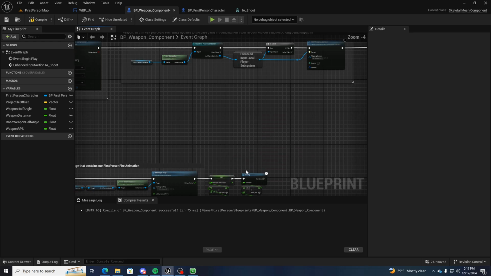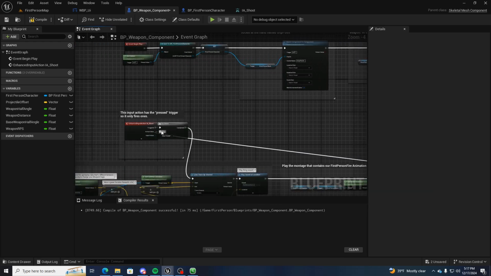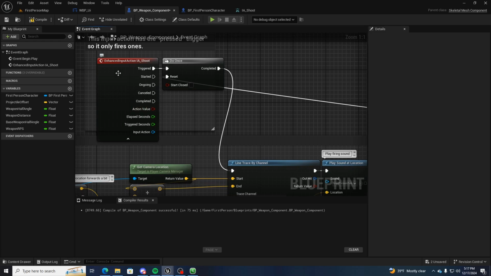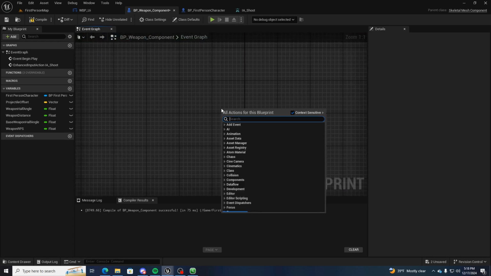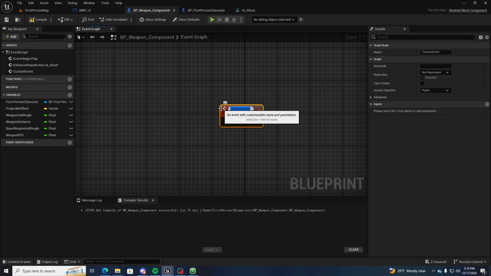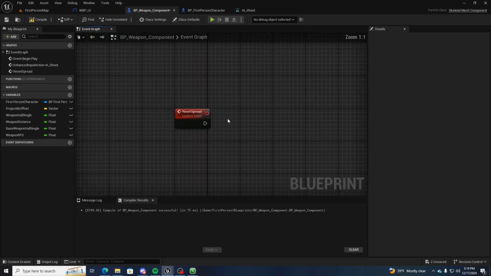And then once we get done with this delay, we're going to go back to this do once node and reset it. And we're going to quickly open up this drop down for the input action. And whenever this input action has been completed, we want to call another custom event. So we're going to go down here and add a custom event. We're going to call this reset spread. So then in reset spread, we're going to set the weapon half angle,